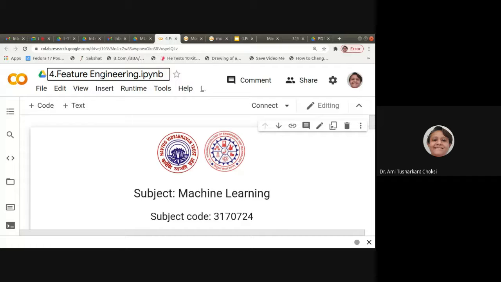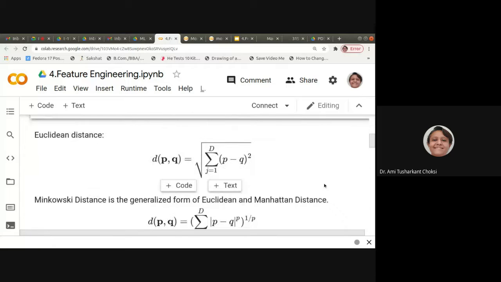That is feature engineering. Now for that, we want to know distance measures. So what can we say about distance measure? Euclidean distance is the square root of the sigma of (p minus q) whole square, where p and q are the points.